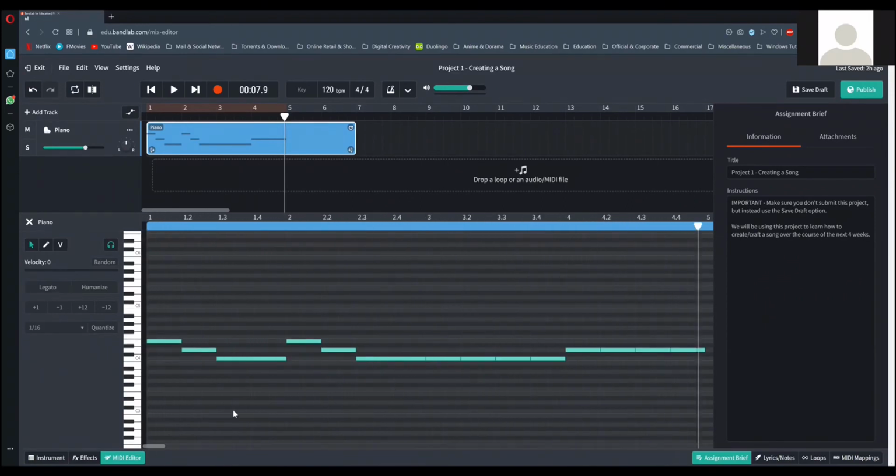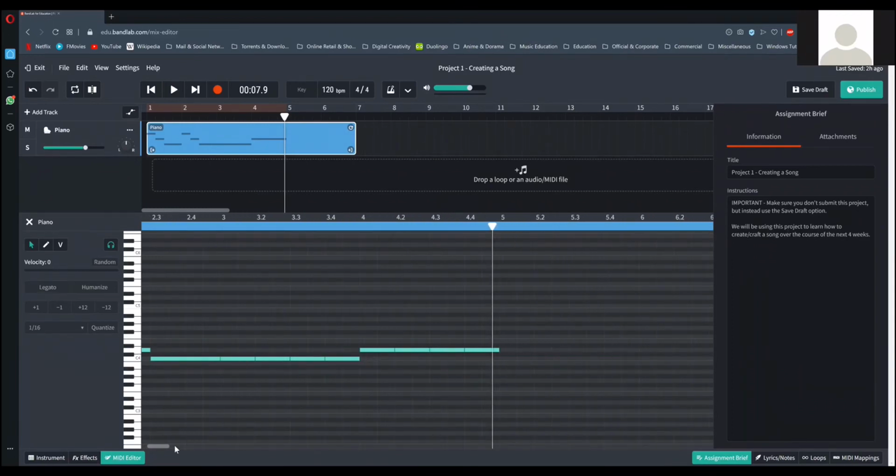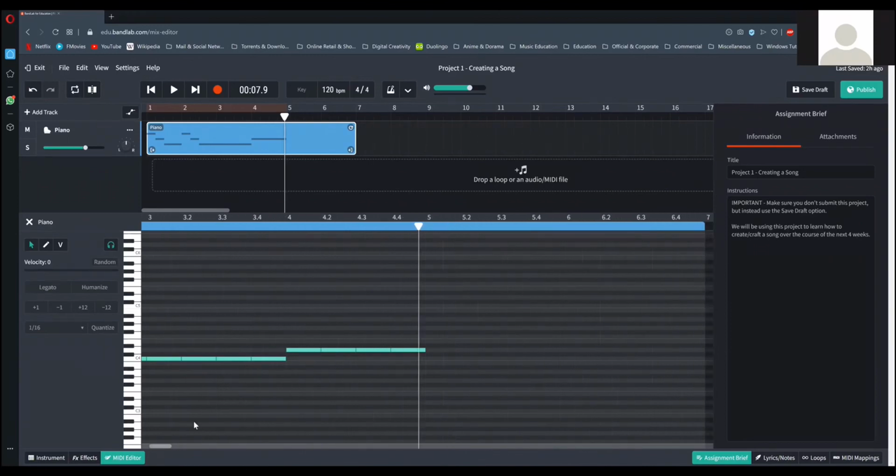Once more, if you look at the bottom of the MIDI editor, there is a little scroll, what do you call it? A scroll bar, I guess. And you scroll towards the right. So it gives you the next bar to see. So if you can't see anything, you can see the next one. All right, let's look at the last bar left.